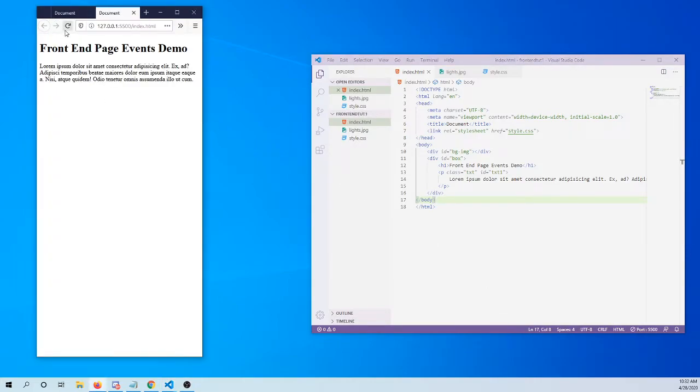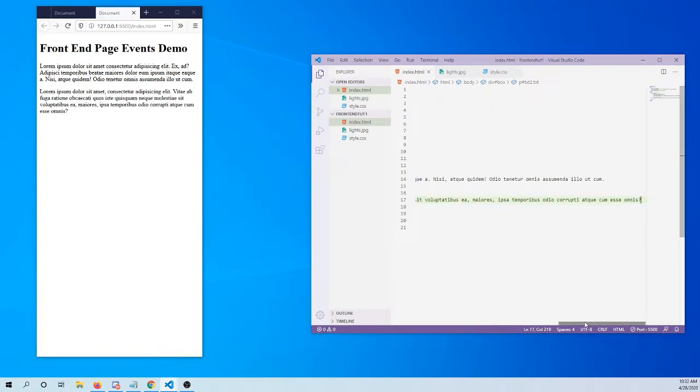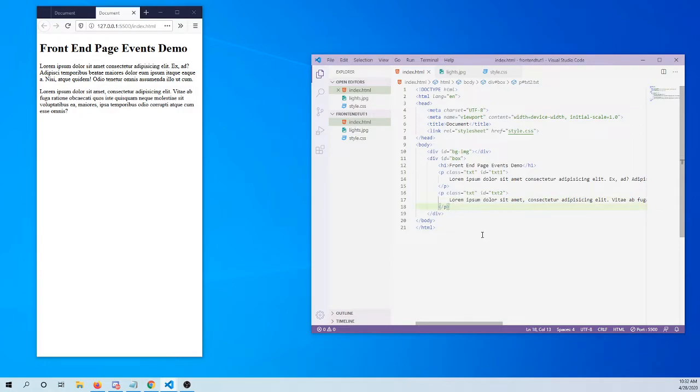So right here we can see, right now we just have the paragraph in that, no style yet. Second thing we're going to do is another P. We're going to do same class, txt, id, txt2, and we're going to do another lorem paragraph in there. Okay, and then we're going to have one more P with a class of txt and an ID of txt3. And this is just going to be